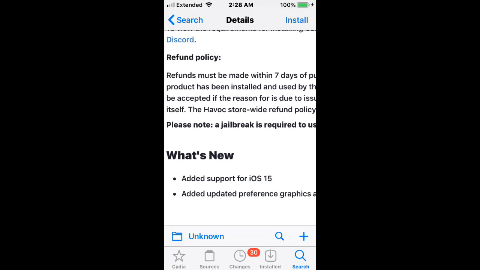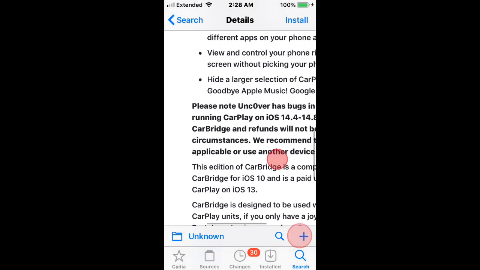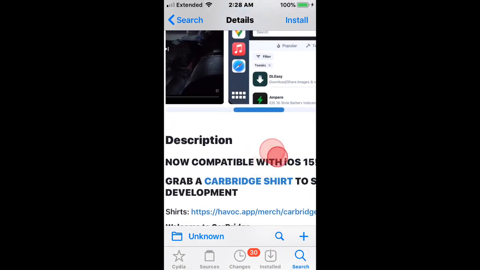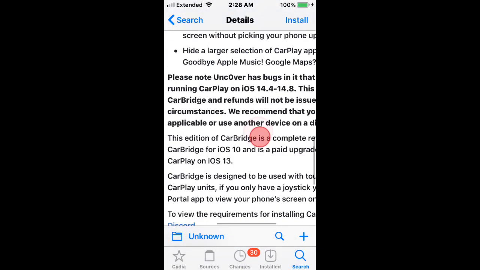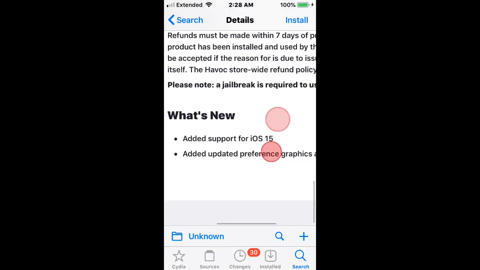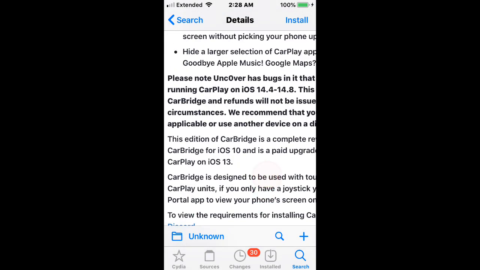It's supported on iOS 15. You guys have a 7-day return policy. Last time I checked, it was like $9.99. If you have CarPlay, it's highly worth it. For $10, I use it a ton this week because my car doesn't have CarPlay, but my family's car is a little newer, so it has CarPlay. So when we go on trips,